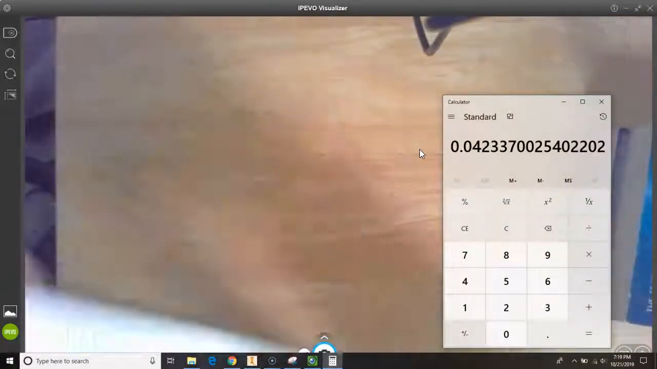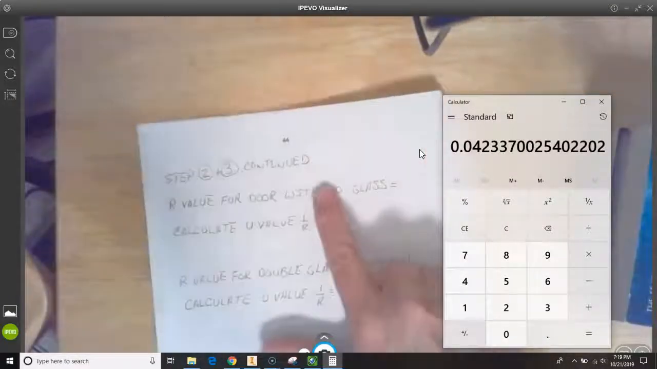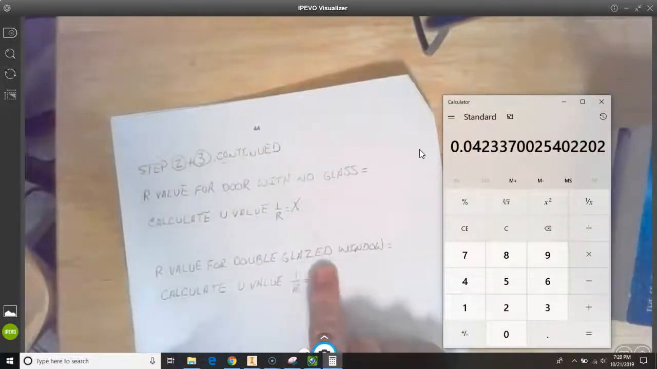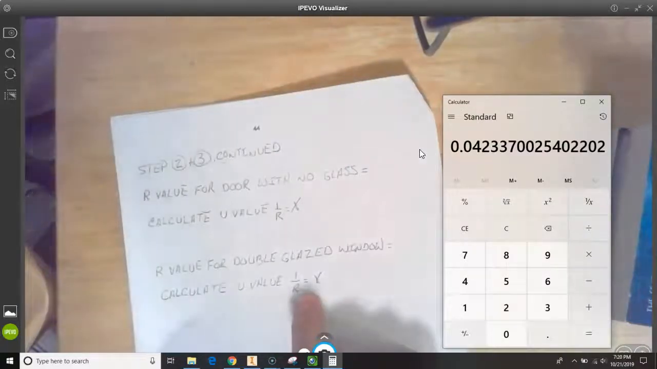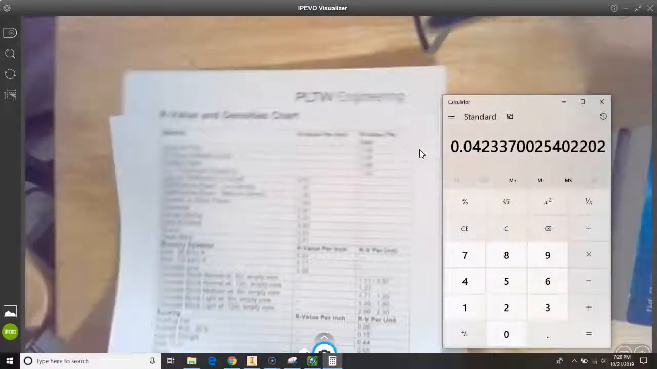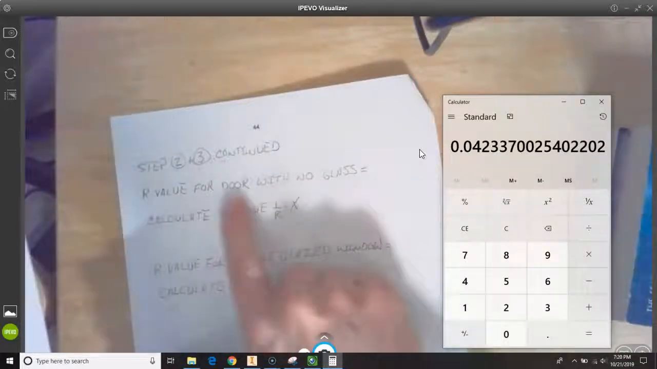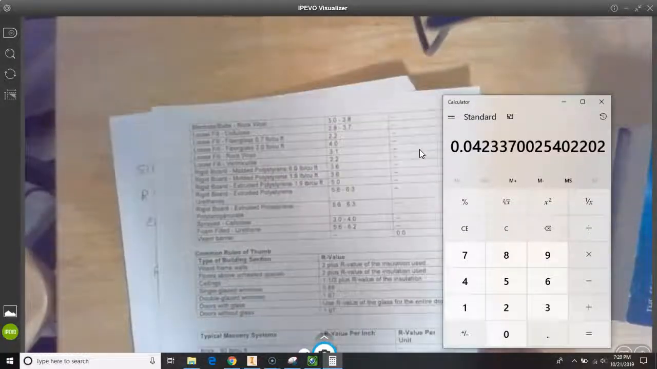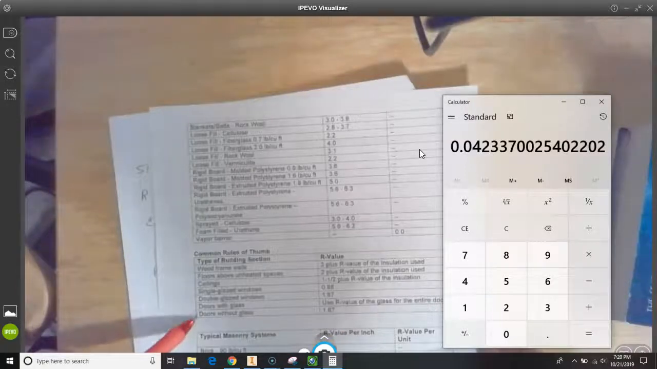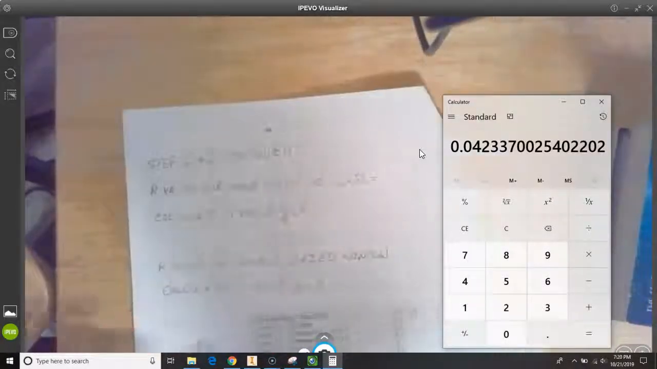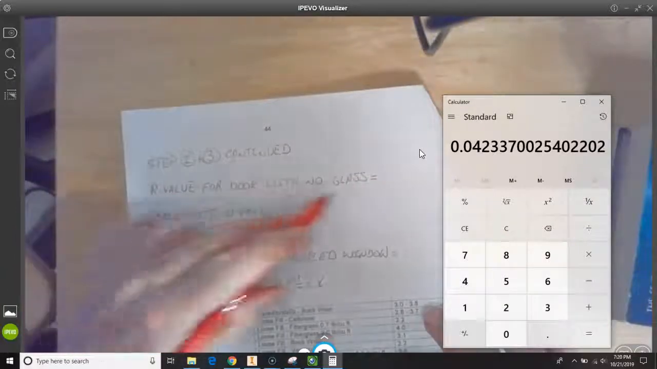Because we have U values also for the door that has no glass, and we're going to calculate the U value for that, and then we have the U value for double glazed windows, and we're going to calculate the value for that. So for the R value for our windows, we're going to go back to our R value and densities chart. I'm going to flip this over, and the first thing I'm doing is I'm looking for the R value for a door with no glass. So here we go. Doors with glass, doors without glass. That has an R value of 1.67. So right here where it says R value for door with no glass, I'm going to put in